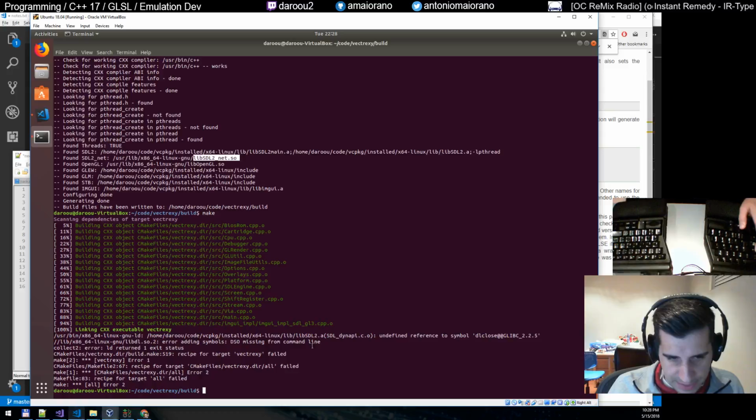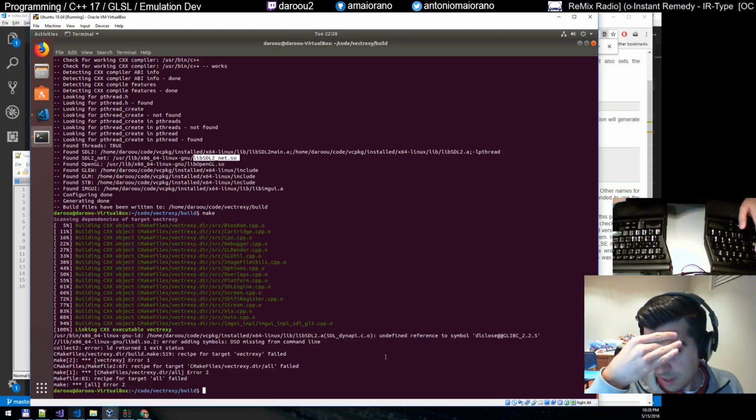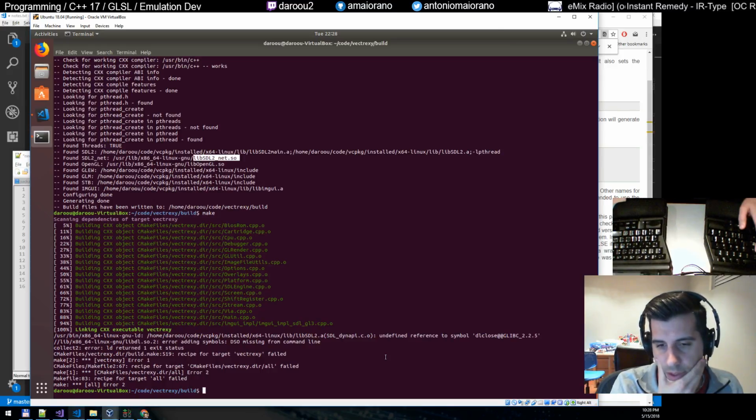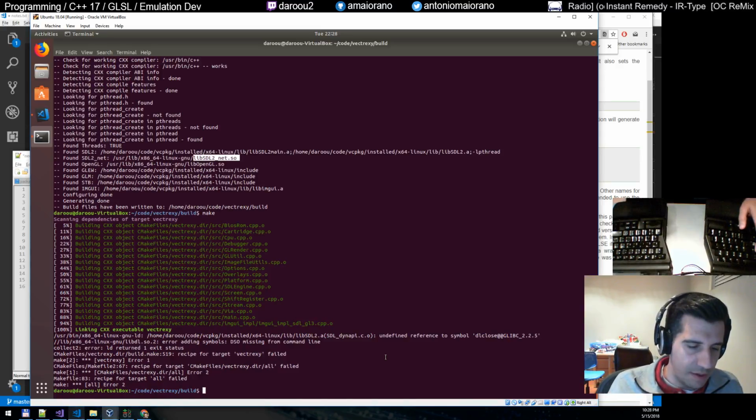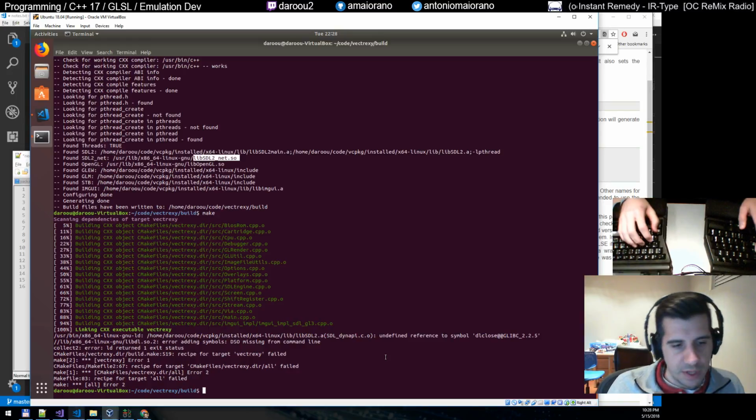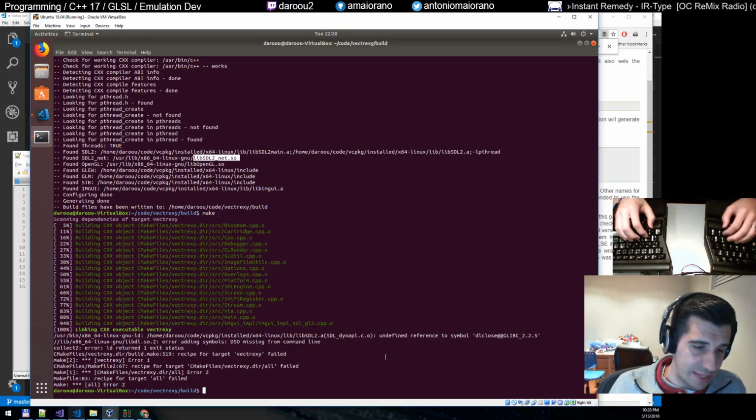So I'm looking here at libsdl2.a and then SDL dyn API, DL close. Yeah, that makes sense. SDL2net must be invoking code from SDL2, and it's expecting it to be the dynamic version. So yeah, what this really means then is that we have to